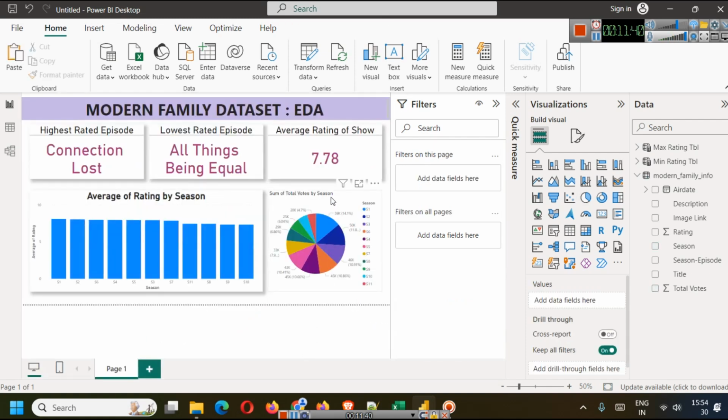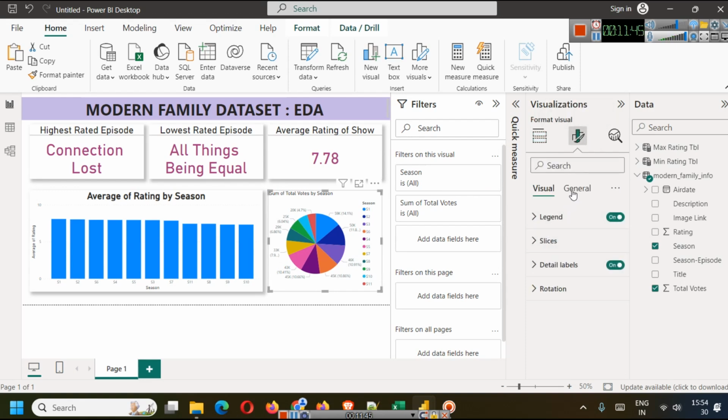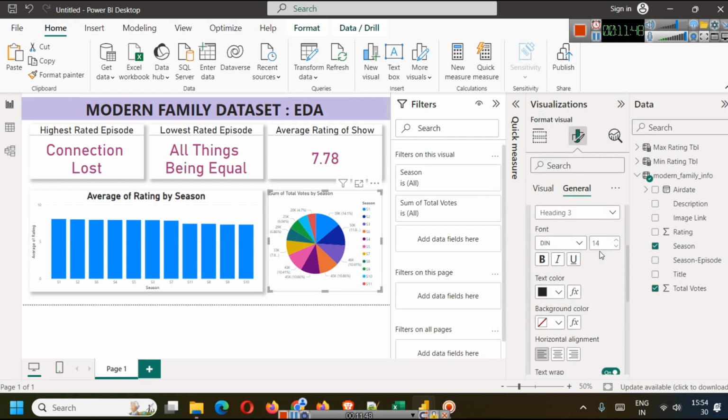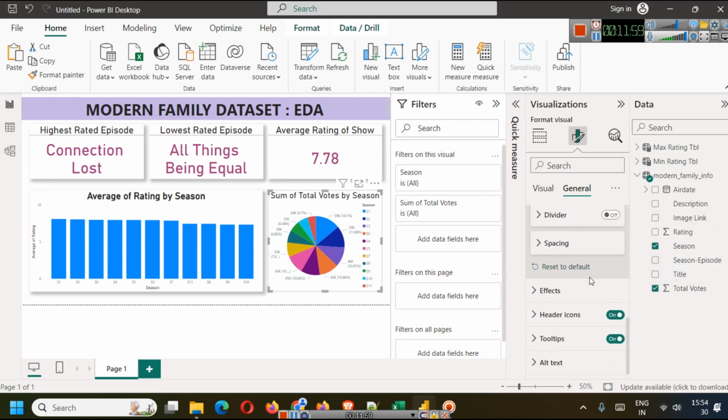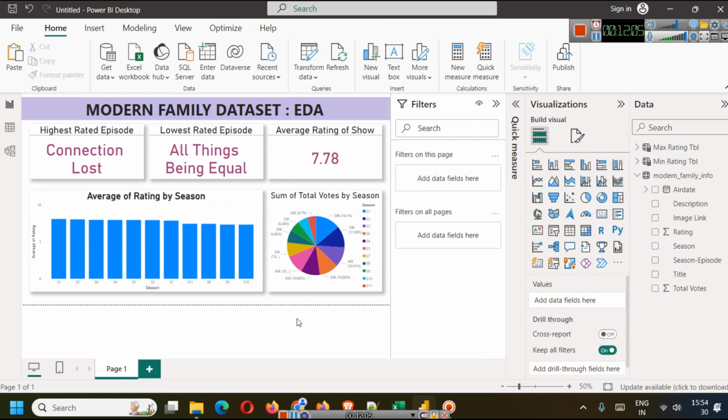So again, sum of total votes by season we will fix it. We will go to title, make it 27, center, make it a little bit short, and we can go to effects and go to shadow, turn on. Obviously if you are not a fan of shadow you can avoid that, but this way at least we have a very simple dashboard representing the Modern Family data set,